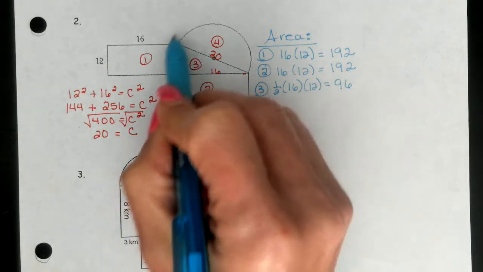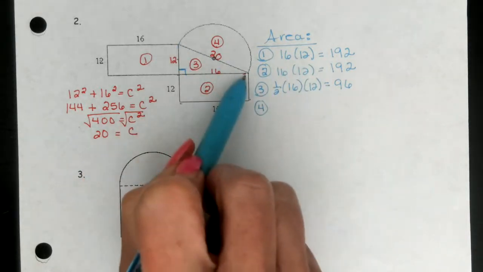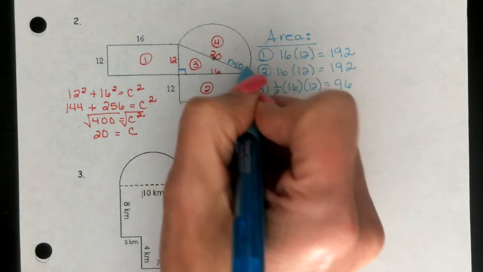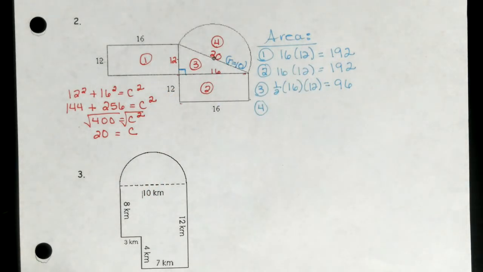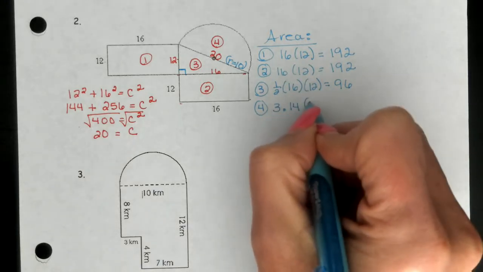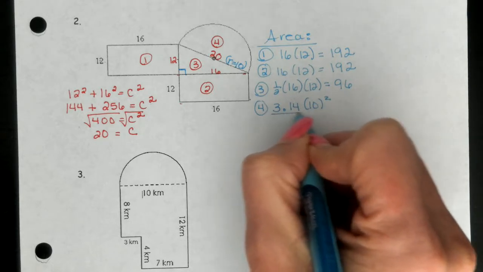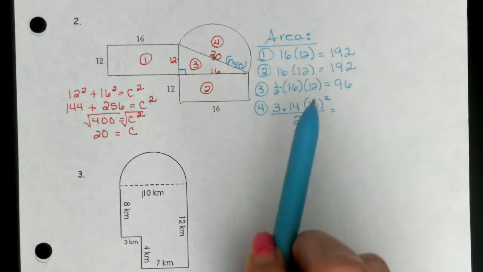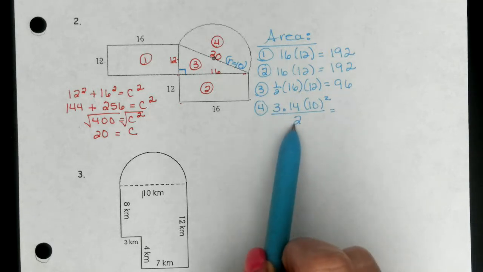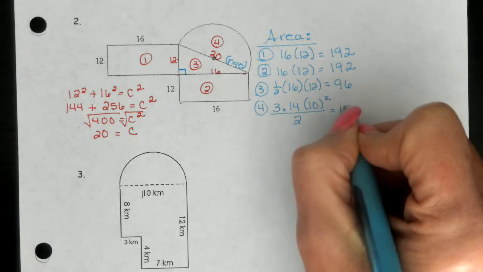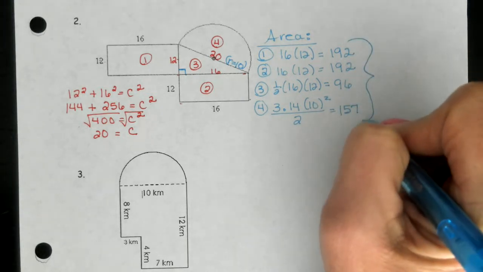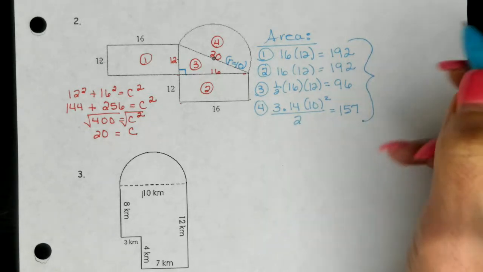And last is my semicircle. Now remember, this is a diameter of 20. I need my radius, so my radius is going to be 10. That's what I'm using in my formula because I can't use the diameter in my formula. So it's pi times our radius squared, and we're dividing it by 2 because it's half a circle. 10 squared is 100 times 3.14 divided by 2 gives me 157. So I'm going to add all of these pieces together and get a total area of